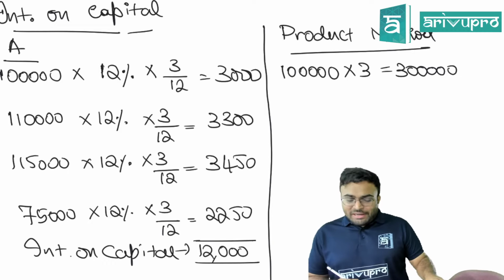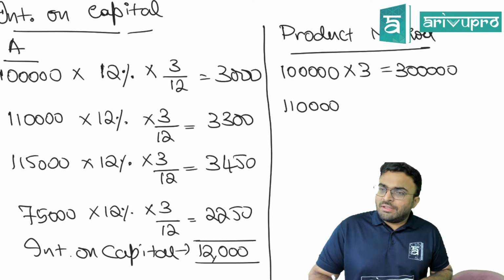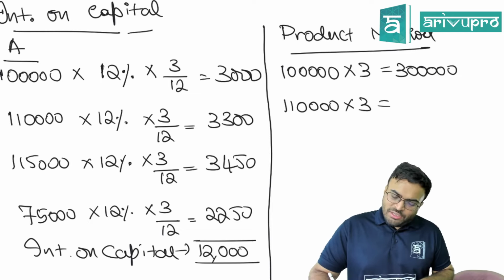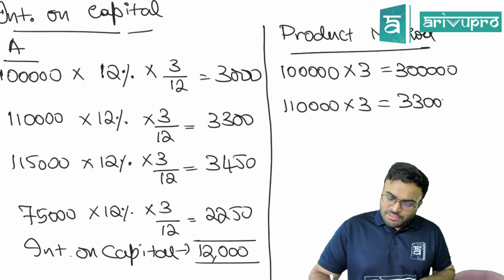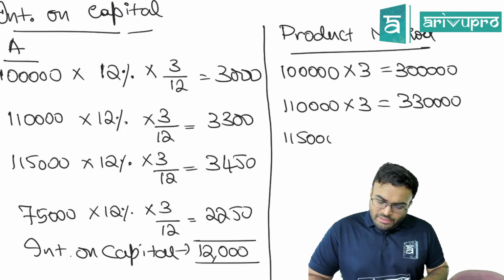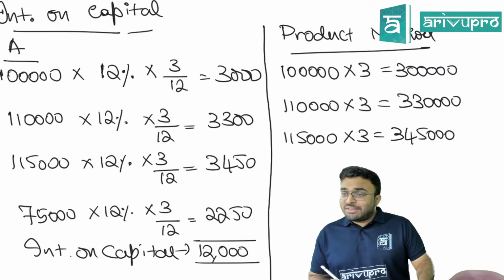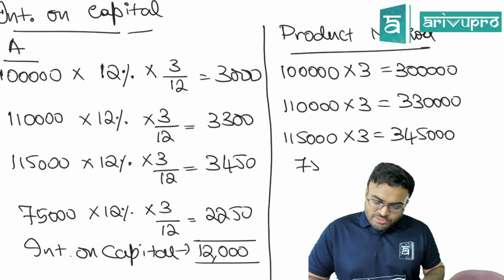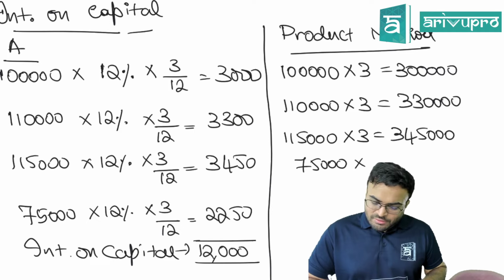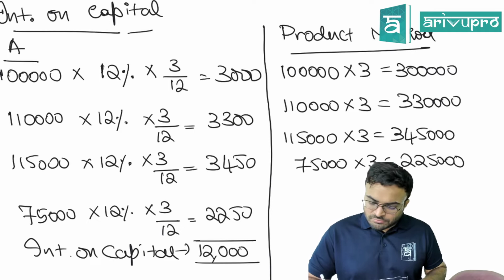Then it became 1,10,000, right? It was 1,10,000 for how many months? 3 months. 1,10,000 into 3, so the product is 3,30,000. Then it became 1,15,000, right? It remained for how many months? 3 months. So the product is 3,45,000. Then it became 75,000, right? 75,000 was for how many months? 3 months. So 2,25,000. The product is